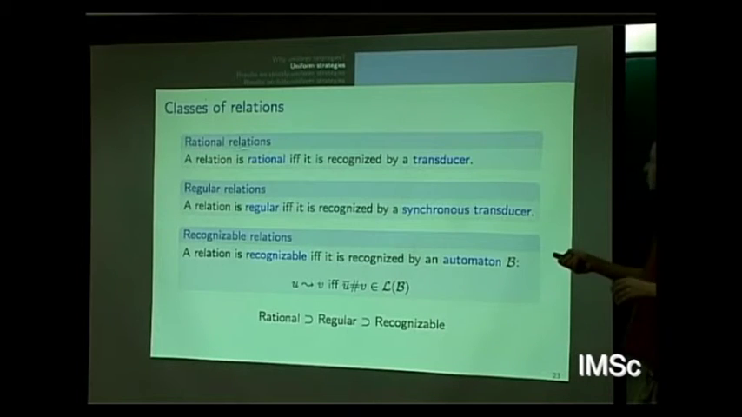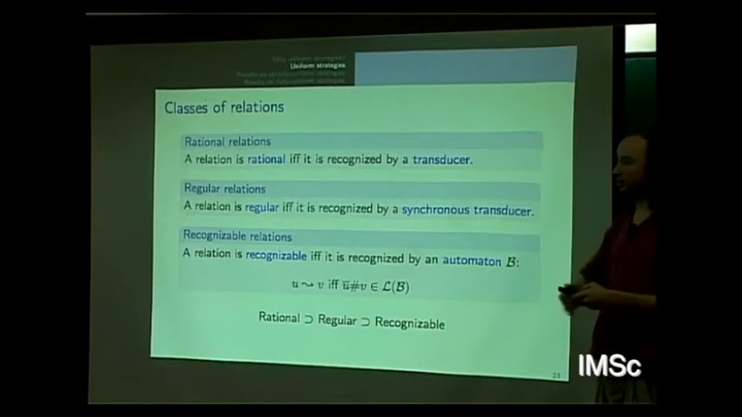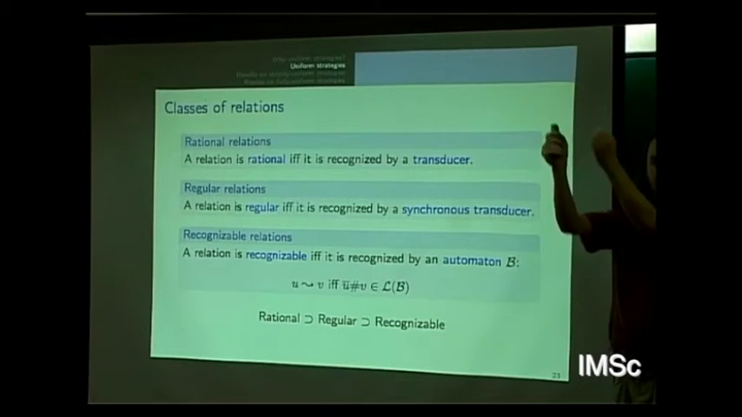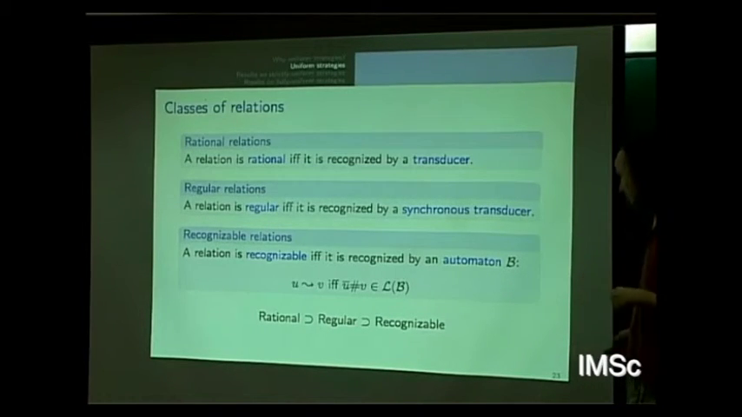So a relation is rational if and only if it is recognized by a transducer. Regular relations are a subset of rational relations, and they are those recognized by a synchronous transducer, which means that they have to read one letter on both tapes every time. And we also consider the class of recognizable relations, which are